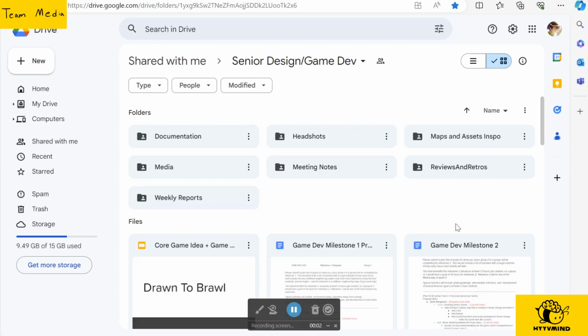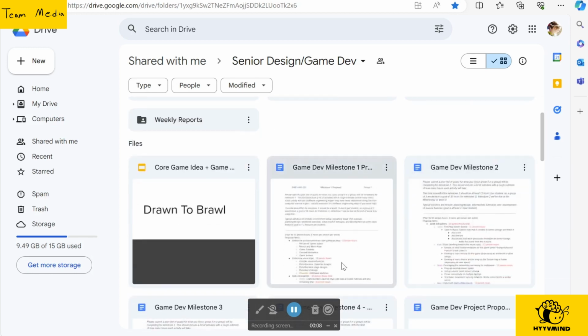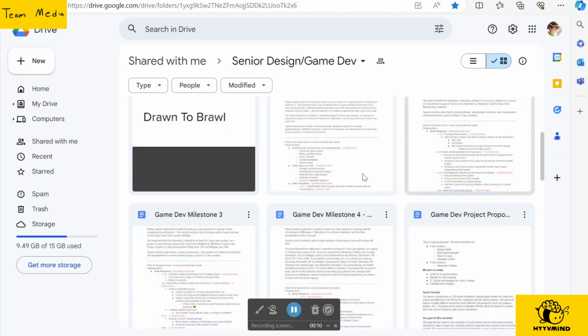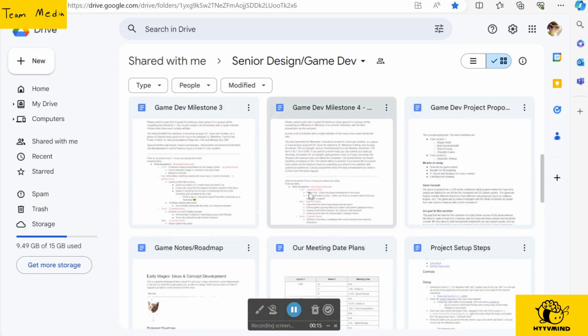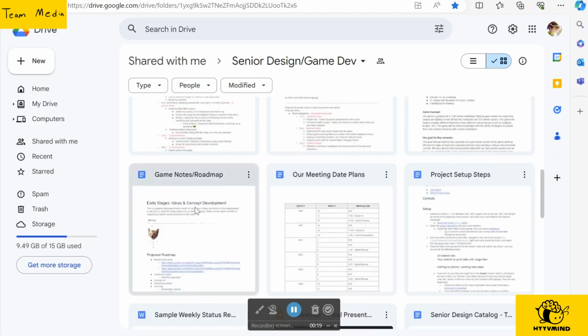This is our repository for all of our documentation and research base for our project. Here in unfoldered, our unfoldered documents are just kind of uncategorized random things, such as our different milestones, which are proposals for what we wanted to complete at certain points, our original roadmap, and different notes and proposed ideas for